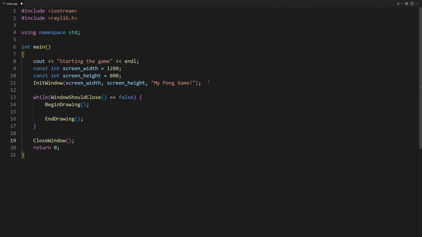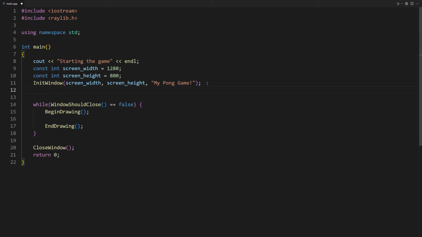We do so by calling the SetTargetFPS function before the game loop. The SetTargetFPS function takes an integer as an argument, and that integer is the number of frames per second that we want. I am going to use 60 frames per second. So, SetTargetFPS parentheses 60. That's it. If we don't define a frame rate for our game, the computer will try to run the game as fast as it can.